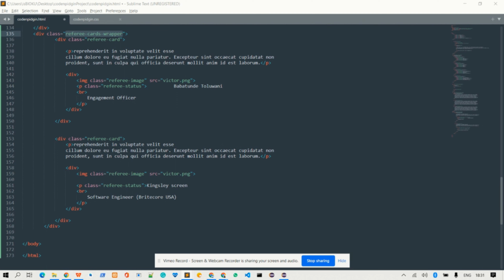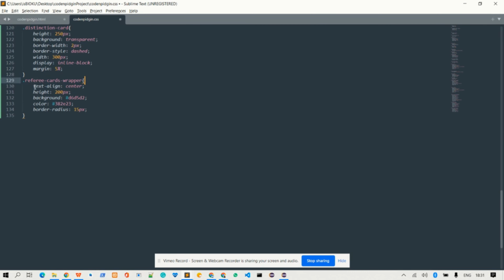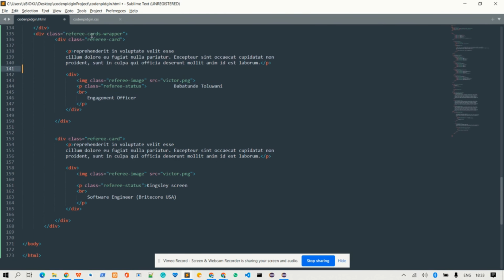I will copy this information, come back here and paste. For my referee card wrapper, I want all the text inside it to be centralized. That is why I am giving it text align center, height I want to be 200 pixels, the background color to be this color, border radius to be this. Now inside this referee card wrapper, which wraps these two boxes, we have